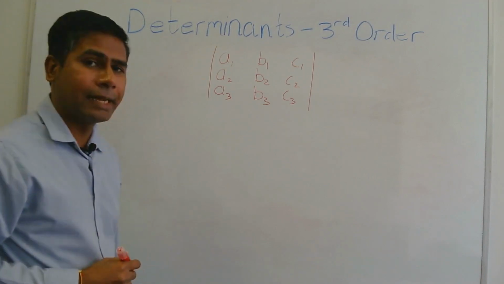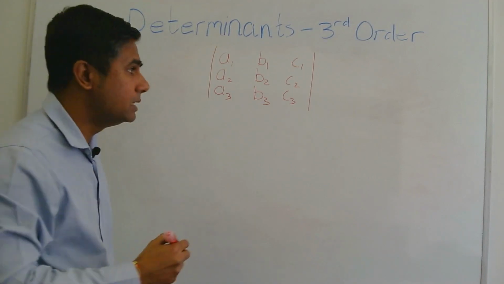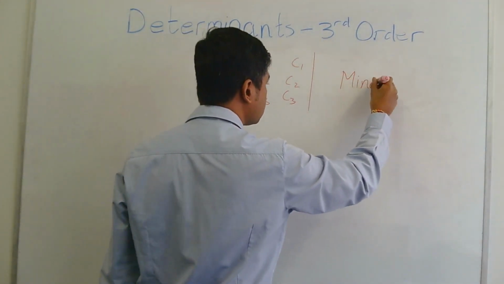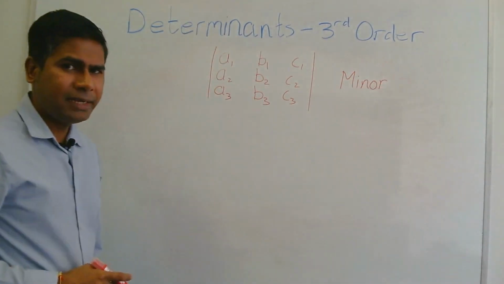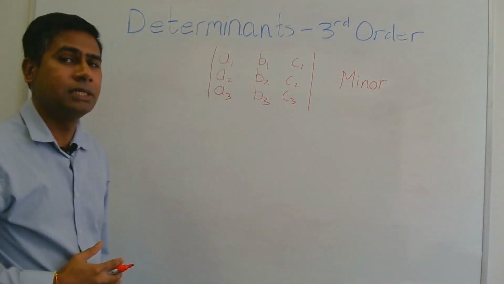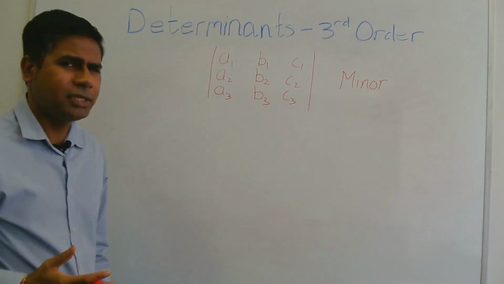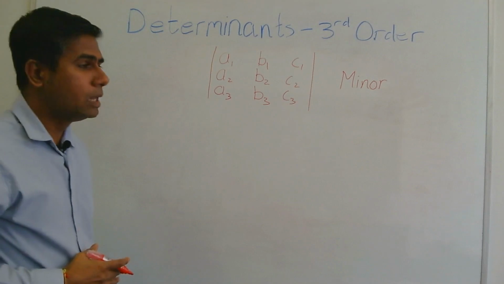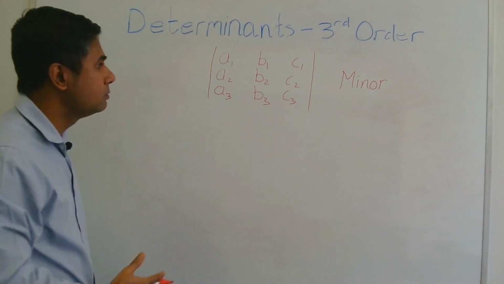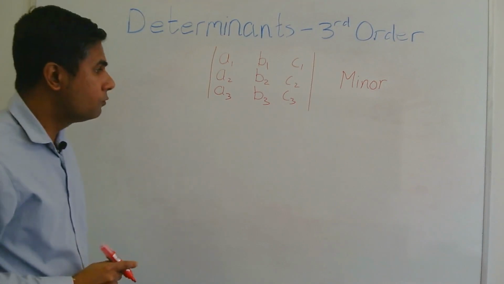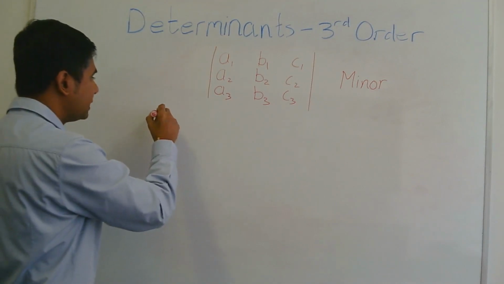In order to do that, we have to find for each element something called the minor. The minor is a quantity associated with each element of this determinant, and it is actually a 2 by 2 determinant. We get this 2 by 2 determinant by blocking out or omitting that row and that column of that element. For example, if we want to find the minor